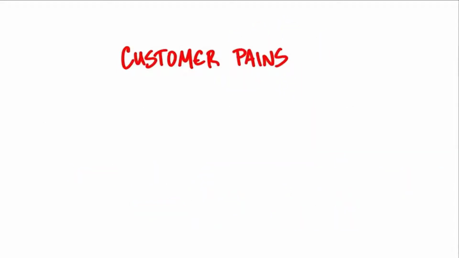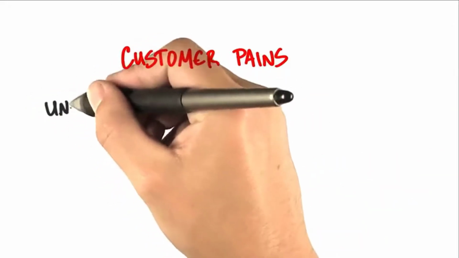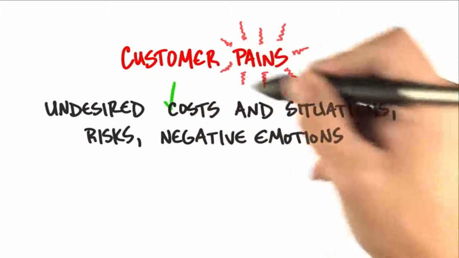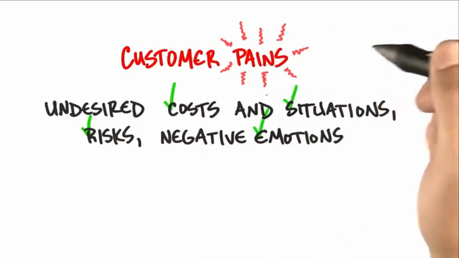Now, the last piece in understanding customer segments is understanding their pains. We've been talking about all the wonderful stuff that we could do for them that makes them happy. But are there things that we could get rid of? It's like they've been walking around with an arrow through their head and they've just kind of accepted that for a while, but when you come about, you could say, hey, we could solve these problems for you. Well, let's see what kind of problems we could solve.